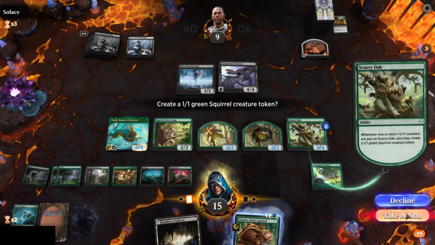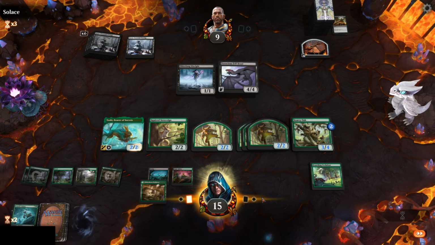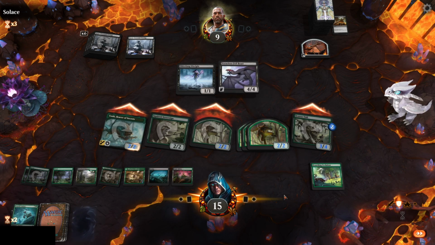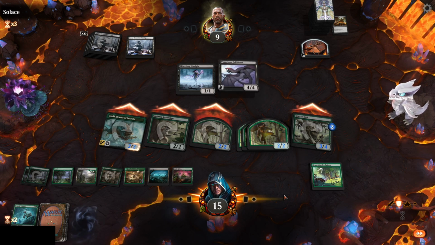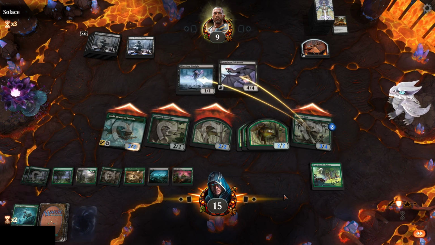There we go. Yes, we will take some more squirrels. And let's go ahead and do that again. And let's put out another green. Somebody's going to die, but that's all right. Probably the Scurry Oak. Interesting. Didn't want to take out the 4... Okay. So...